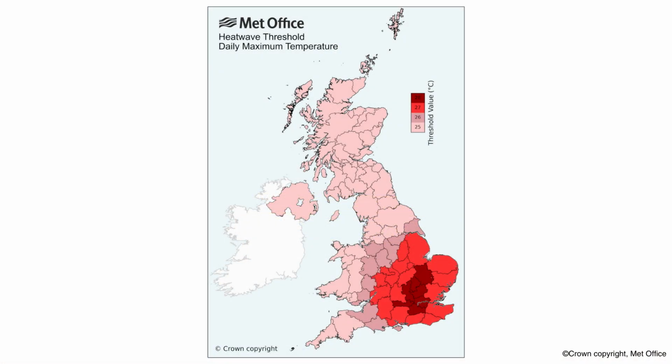In India, a heat wave is declared when the temperature of a weather station reaches at least 30 degrees Celsius in a hilly area, or at least 40 degrees Celsius in a low-lying plain. This map shows the heat wave threshold in the UK. You'll see that there are regional differences. The threshold is 28 degrees Celsius around London, but only 25 degrees Celsius for Scotland, much of Wales, Northern England